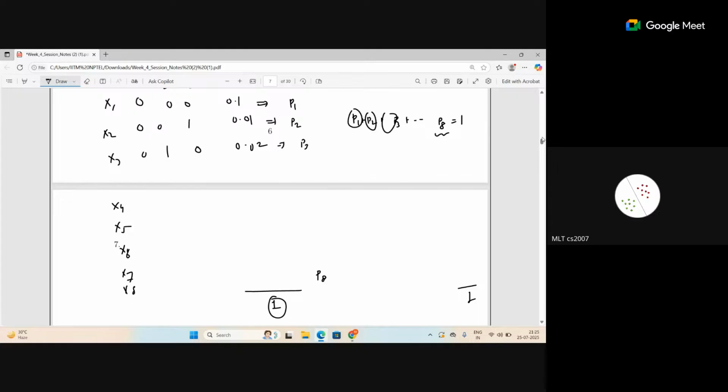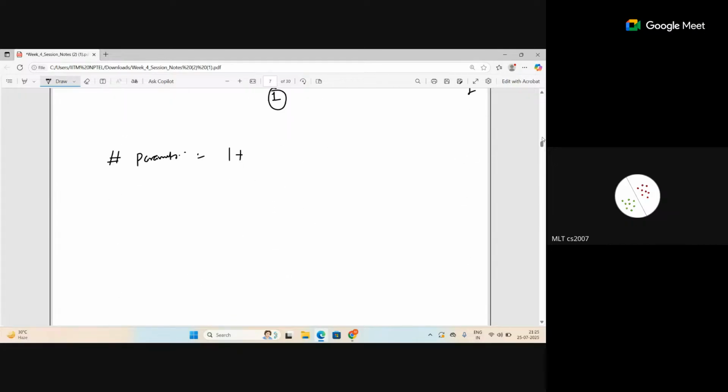And each of these P1, P2, P3 we are considering as Bernoulli anyway. That is another part. But so how many parameters here do I need to find out? 8 means 2 to the power D, minus 1, where D is the number of features. And in this case, the features were 3. And in general, if the dictionary is of D words, it should be 2 to the power D, that many parameters, minus the 1.